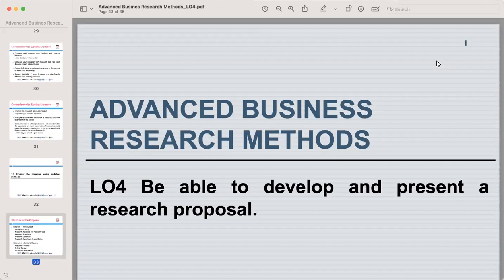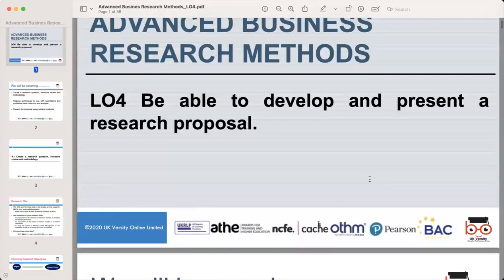We'll be discussing the process of developing and presenting a research proposal. This is an essential step in conducting advanced business research. So by the end of this lecture, you will have a good understanding of how to create a research proposal